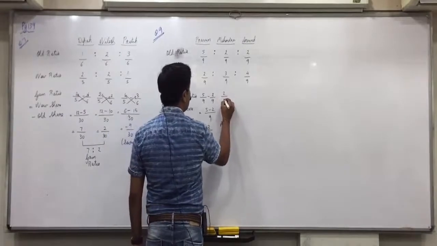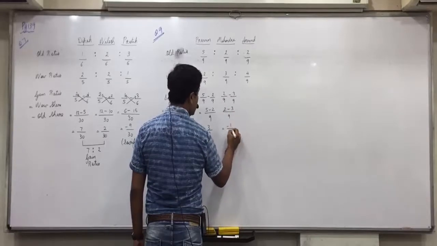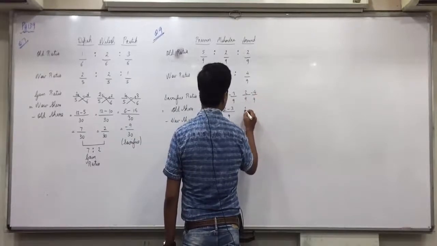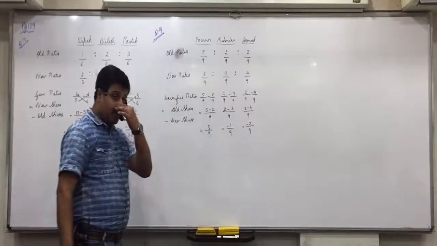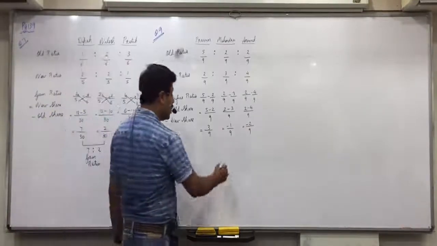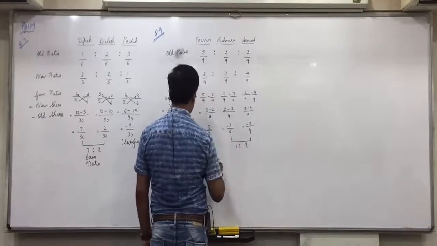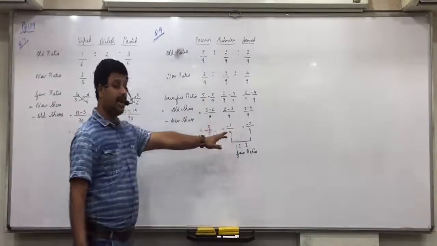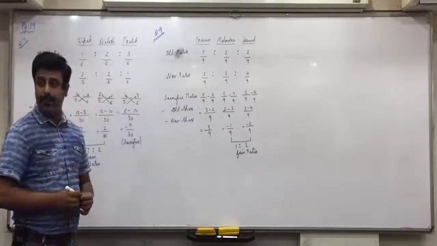So for Mahendra, 2 by 9 minus 3 by 9. 2 minus 3 by 9, minus 1 by 9. For Arvind, 2 by 9 minus 4 by 9. 2 minus 4 by 9, minus 2 by 9. Now, where will we remove the denominator? In the positive number or the negative? Negative, because there are 2 negatives. So if you remove the denominator, 1 is to 2. And negative in sacrifice means it is gain ratio. In sacrifice, a negative answer means it is gain ratio. And 3 by 9 is actually the sacrifice. Okay? Any confusion in that?